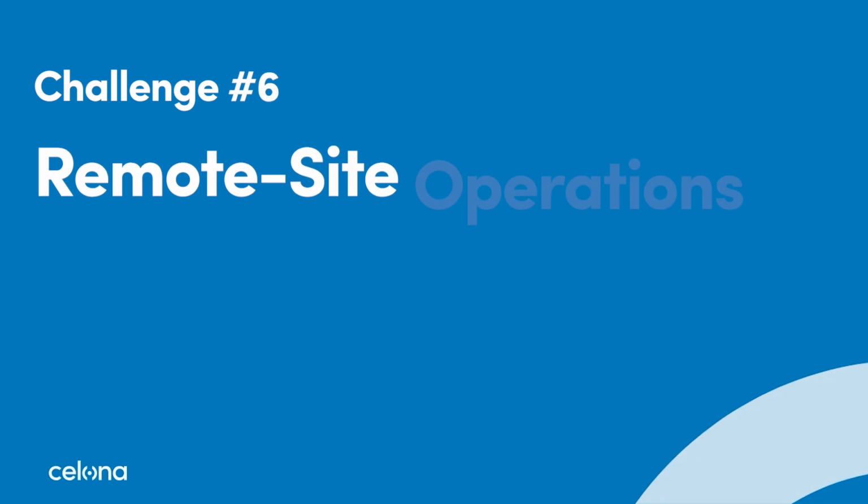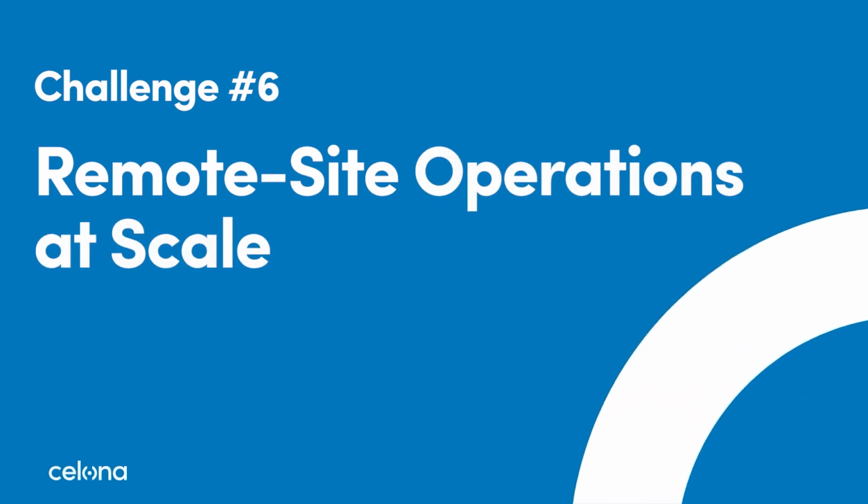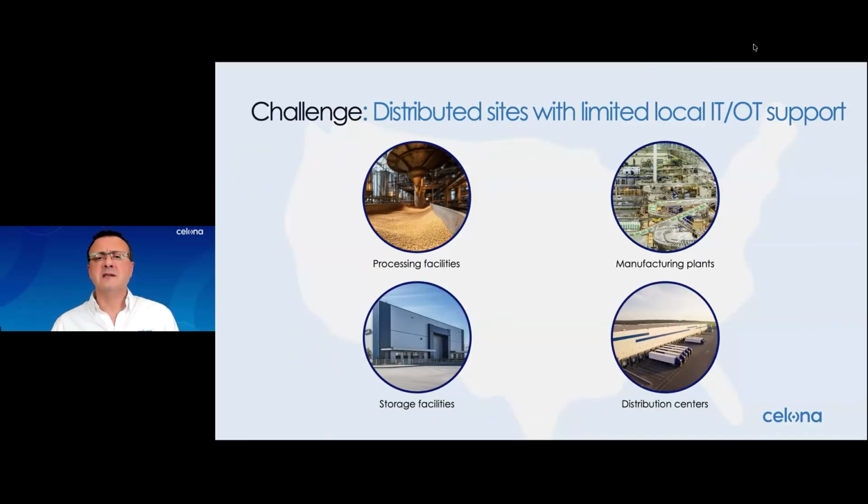How do you operate this at scale across many distributed locations? In almost every enterprise that we work with, they have many sites with different sizes and complexity, right? These sites, for example, there may be some small processing facility with just a handful of people at that site. There may be large manufacturing plants with hundreds of workers and complex automation environments, or there may be storage locations, yards, distribution centers spread across US or even globally.